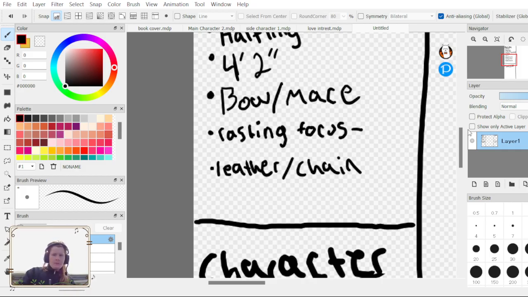I know. What if we make it so she has to cast her spells through a healing potion? I feel like that could get kind of convoluted. Maybe...